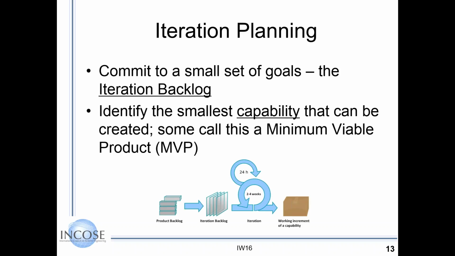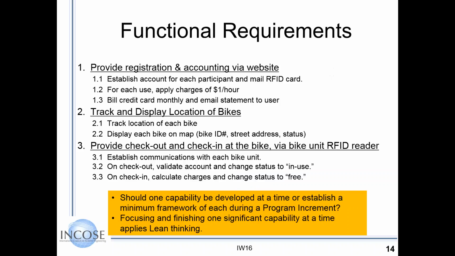Iteration planning is a very good way to engage all workers. What is the best to start with? So you want to commit, and that is represented by the vertical, and identify a capability that is some of the minimum viable product, something demonstrable to get that feedback and stay on the right track. An example of that: let's say this high-level capability, and we break out these functional requirements for this list.